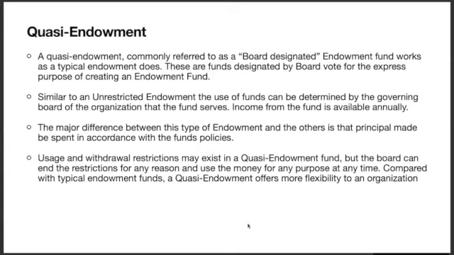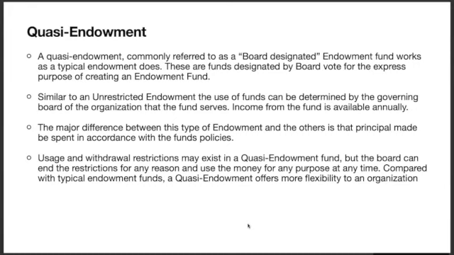So you may have heard me refer to the other endowments as permanent funds, which with all the other three, you are not allowed to invade the principal of the fund, typically without a court order. So you will have a spending policy. A typical spending policy might be something like 4 or 5%. That's what you're allowed to spend out of the fund every year, in line with the restrictions outlaid in the fund document. So with a quasi endowment, you would have that same requirement where you can spend funds in accordance with a spending policy, but principal could be invaded, usually with a board vote. That's something you would specify in your investment policy statement or in your spending policy statement.